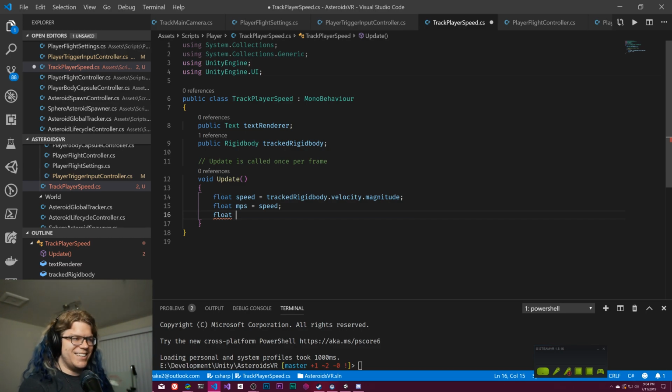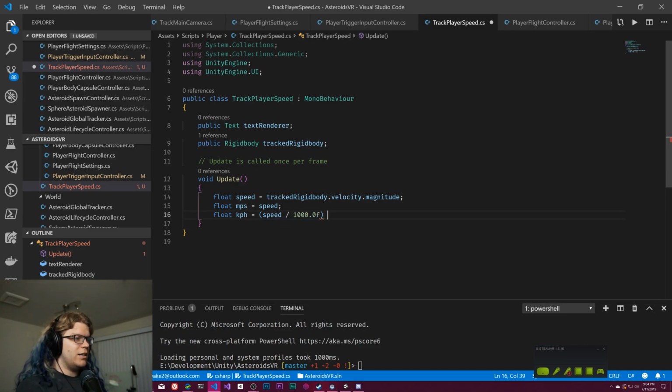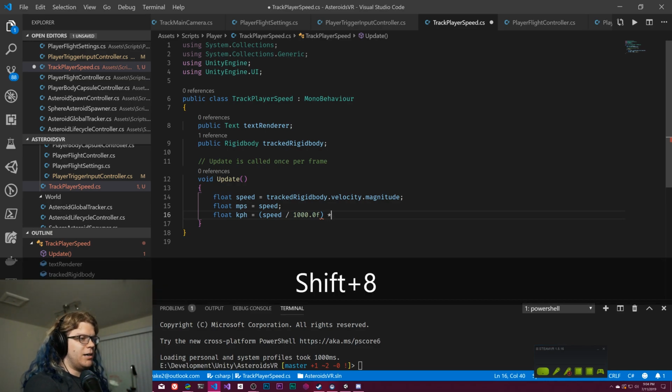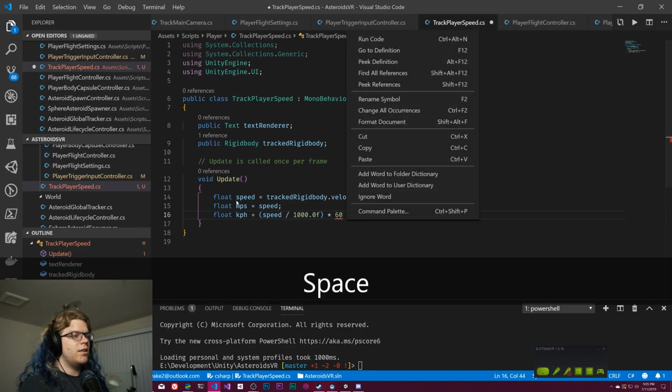And then we need miles or kilometers per hour. Got there in the end. Kilometers per hour, which is going to be equal to our speed. So that's meters per second. We need to convert this into kilometers. So divide this by 1,000.0f, and then that gets us into kilometers. And then we need to get into minutes and then into hours. So times 60 to get us into minutes. So from seconds to minutes, there's 60 seconds in a minute. So we multiply by 60, and then there are